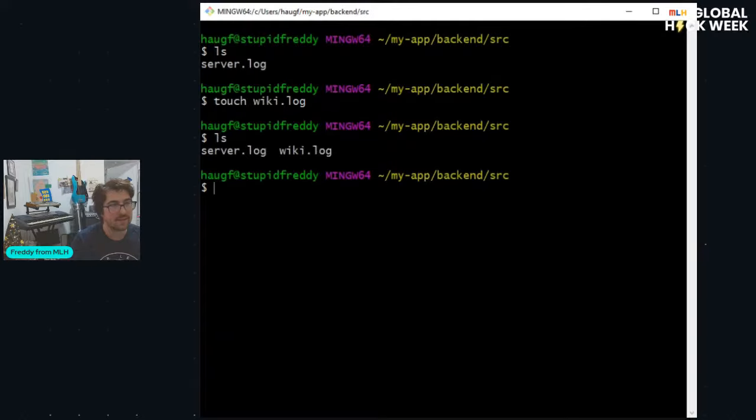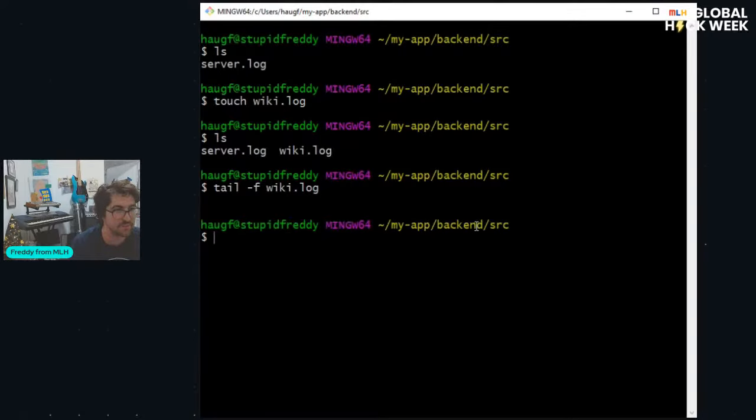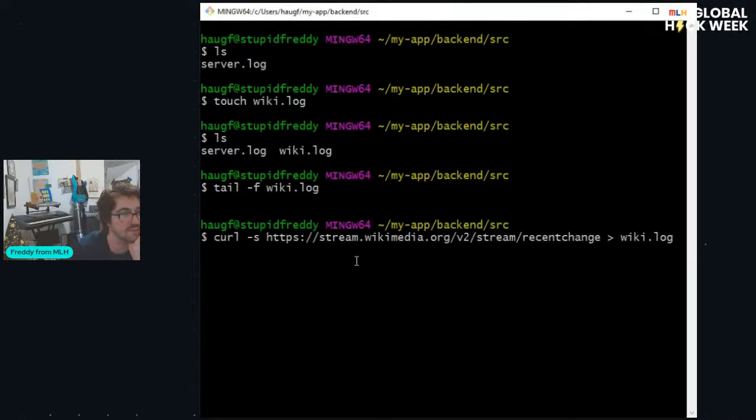So I have this wiki.log file, and I'm going to do a really similar thing to what I did before, where I'm going to tail all of the information that's coming from that wiki.log file. And now I'll show you the command that I'm going to run on the other terminal, just so you have a little bit of context. Essentially, I'm going to run this curl command here. And what this curl command does is